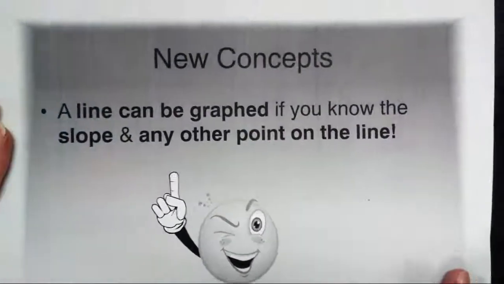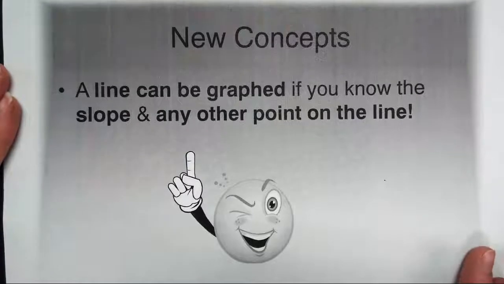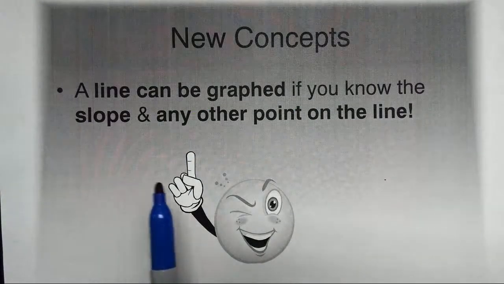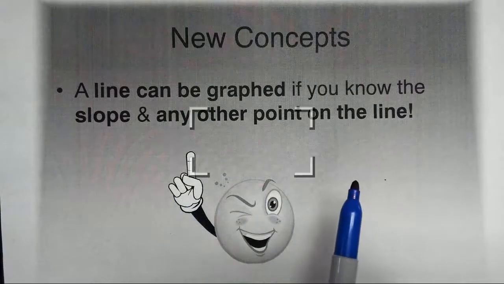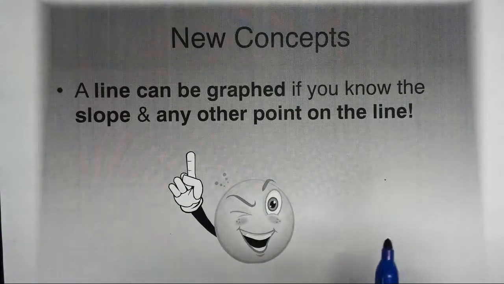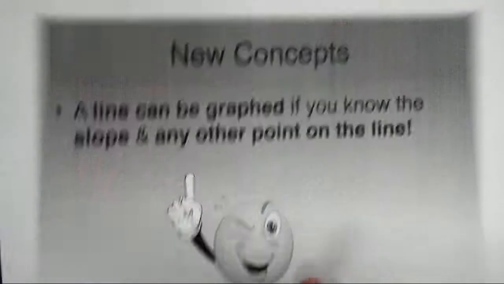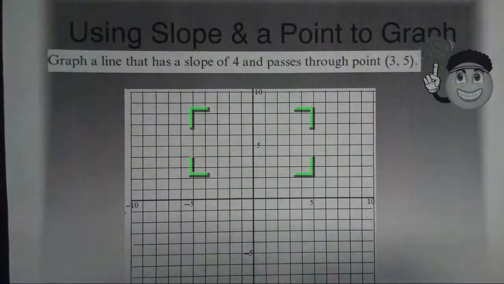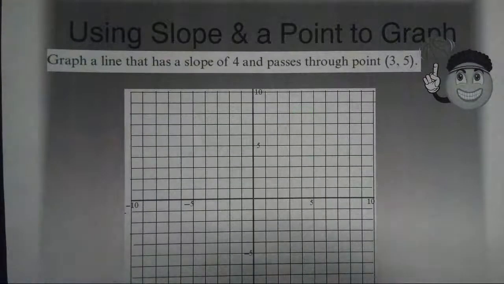Now, we don't necessarily have to have the slope and the y-intercept. A line can be graphed if you know the slope and any other point on the line. So we can graph a line that way, and we can also write the equation of a line that way. So in this example, which needs to be in your notebook, we're using slope and a point to graph a